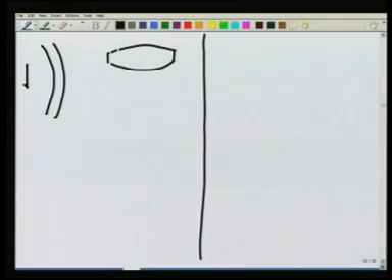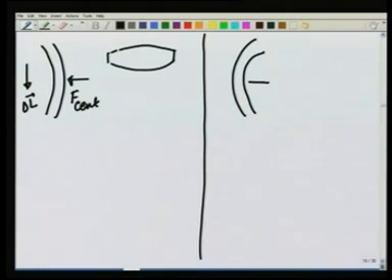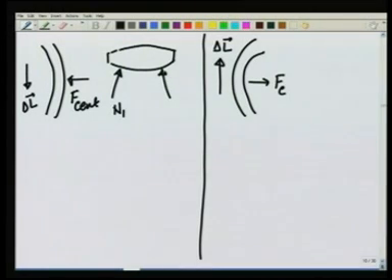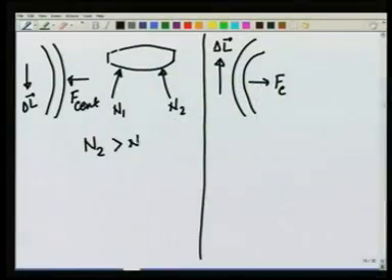Again remember, delta L direction is this, therefore torque has to be in the direction opposite to the motion, and this is F centripetal, and on the track turning to the right, this is F centripetal and delta L direction, therefore the torque direction has to be along the direction of the motion. Now in this case, N1 and N2, the normal reactions are going to be like this, and since the centripetal force is to the left, N2 should be greater than N1,